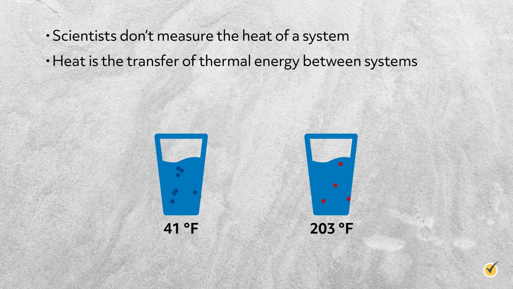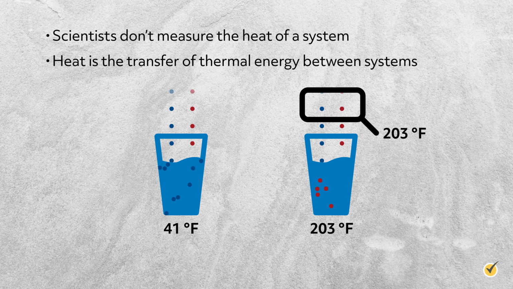Heat, by scientific definition, is the transfer of thermal energy between systems. So instead of measuring the heat of each water glass, we measure the heat exchanged between each glass and the surroundings. Some scientists might still take issue with that phrasing, preferring to say we measure the thermal energy exchanged between each glass and the surroundings. But unless you find yourself in a room full of overly pedantic scientists, it's fine to say heat transfer rather than thermal energy transfer. Today we'll use the phrases interchangeably.